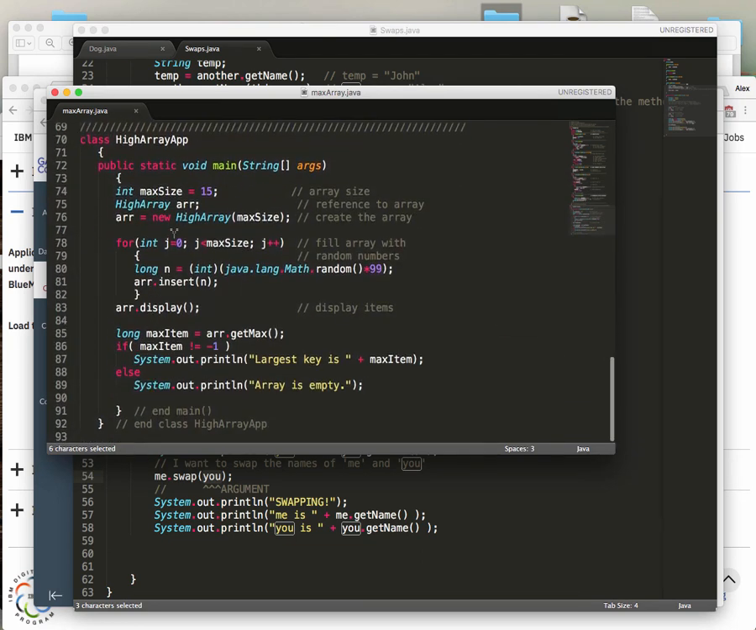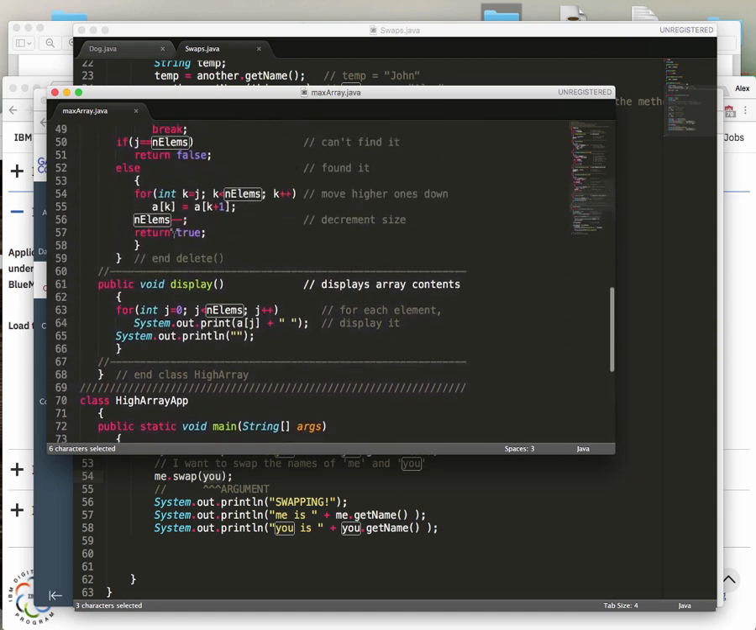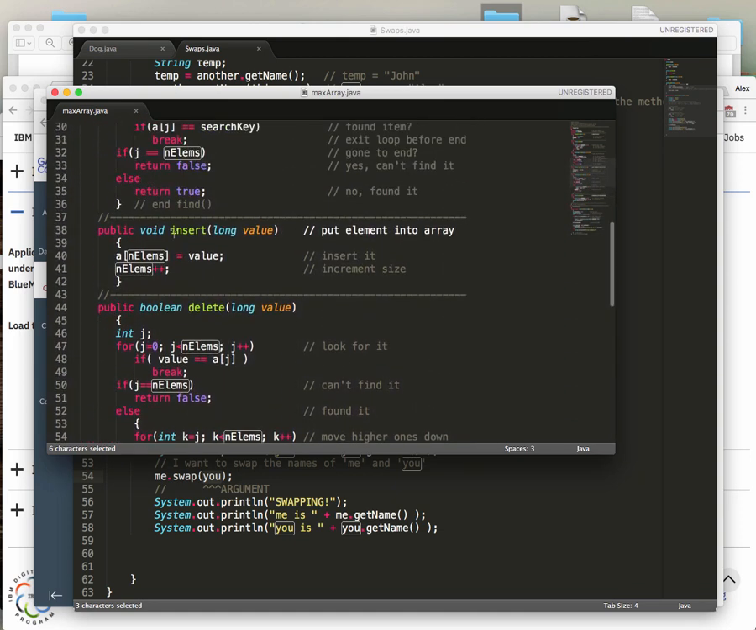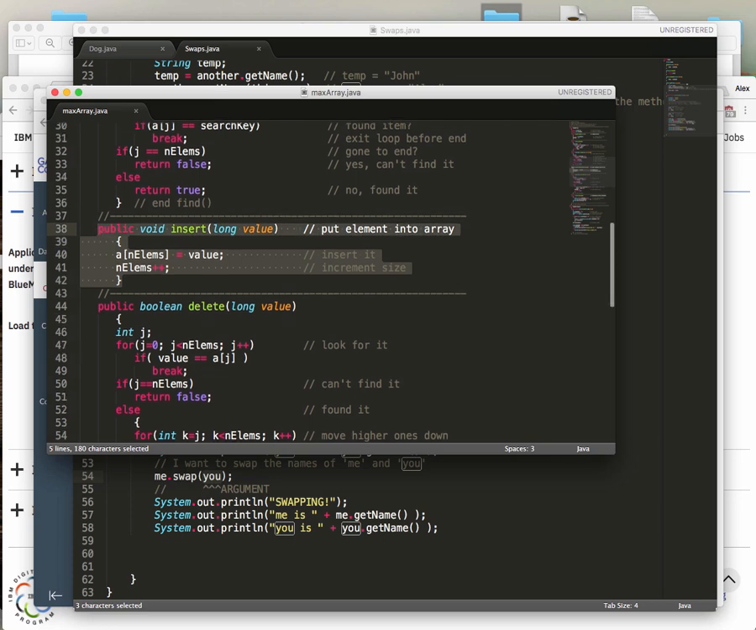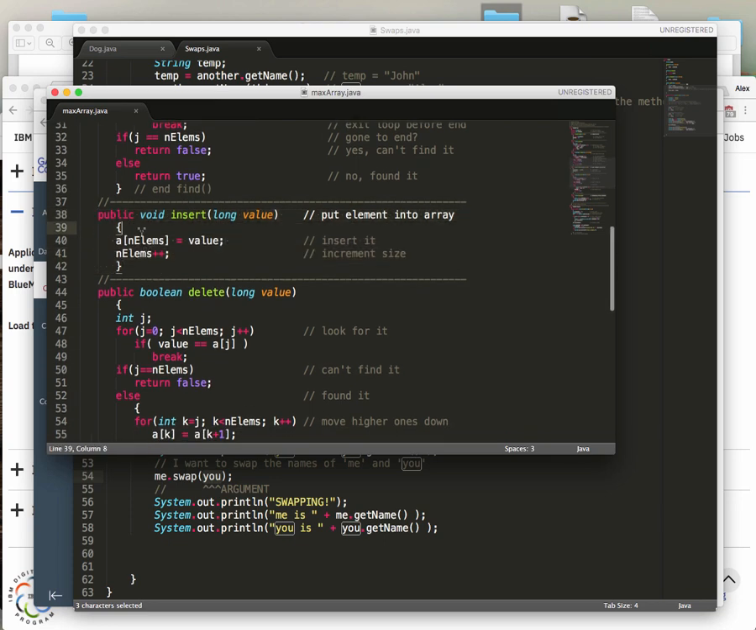A question on the insert function. Would it be good to have a check that you don't go over your n elements allowed? Totally. I was thinking about that. It would make sense for the insert to have some kind of a check if num elements is less than